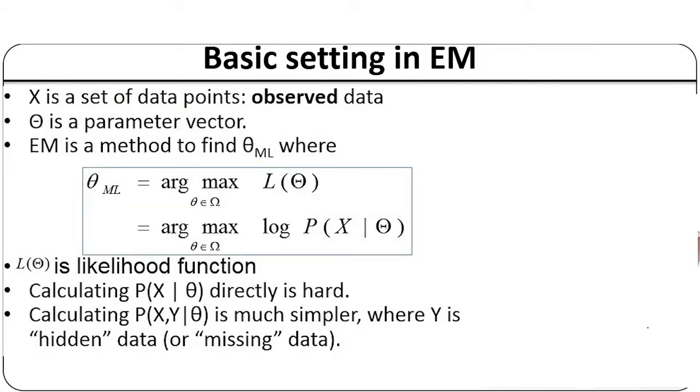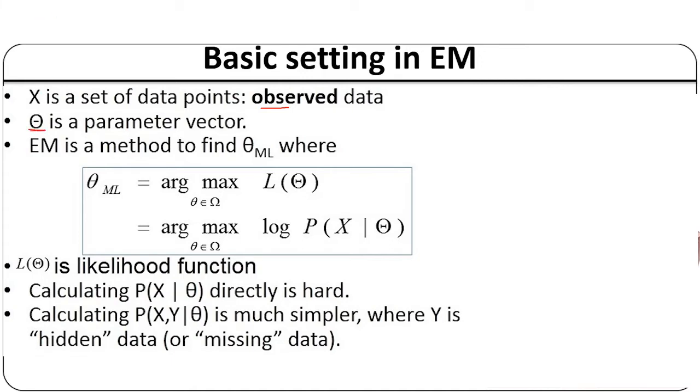Here we will now discuss maximum likelihood estimation in terms of basics, fundamentals, and the equations, in terms of the expectation maximization algorithm. Capital X is a set of data points, or I could say the observed data. These are the data which is available, and the observed data may consist of missing or inconsistent values. Again, theta is the parameters, or I could say the vector of parameters.